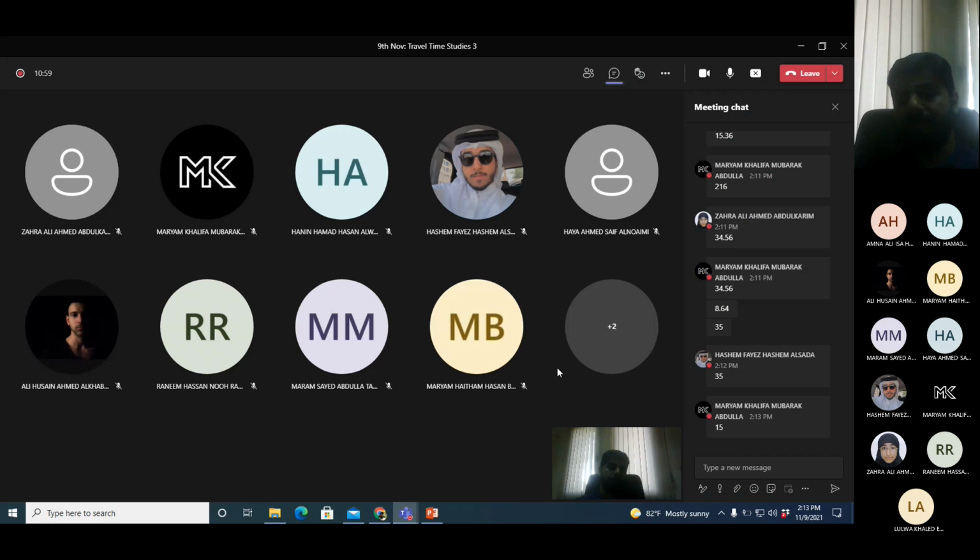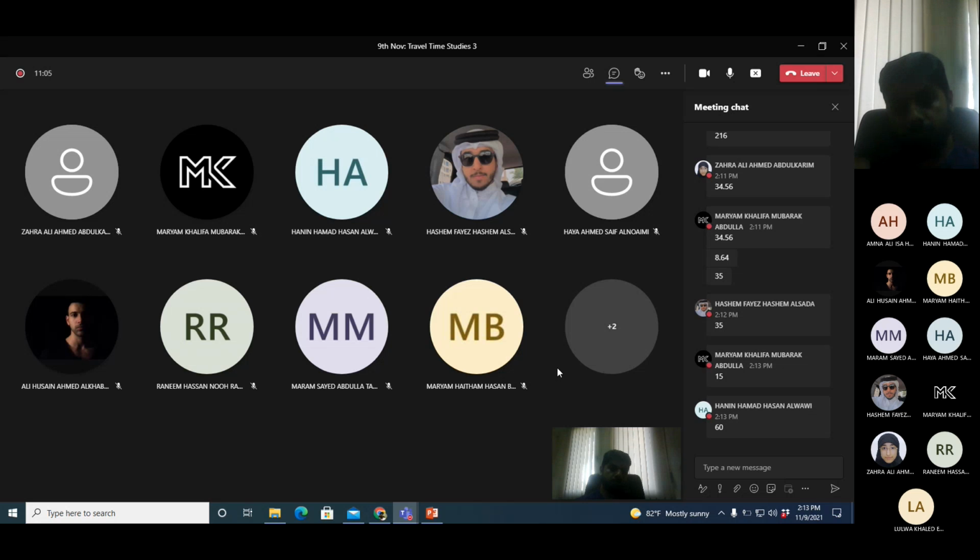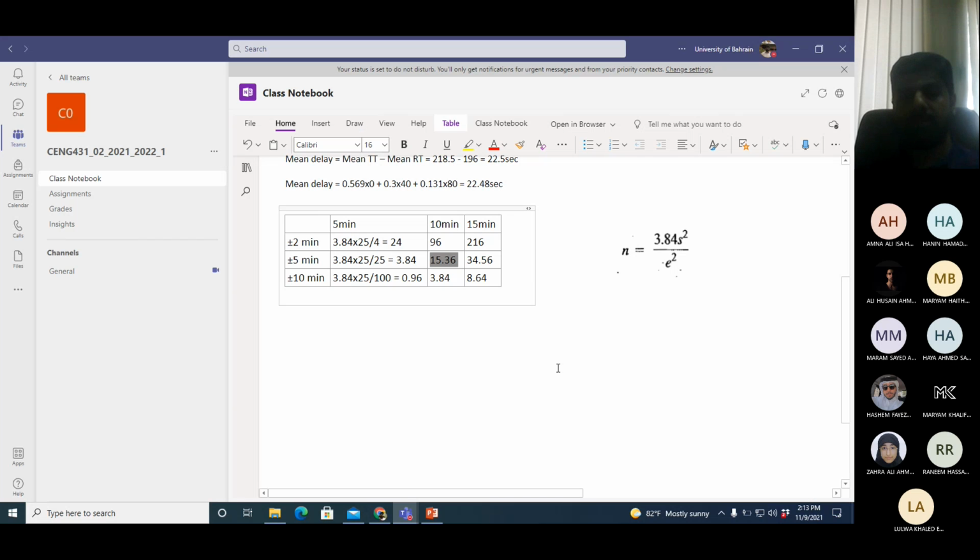No, 15. I think you are saying 15 because it is closer to 15, right? You are rounding it off. But 16. 15 or 16, obviously. Okay, so you will take 16 observations. If you go with this combination, you will take 16 observations, not 15 and not 60 as well.